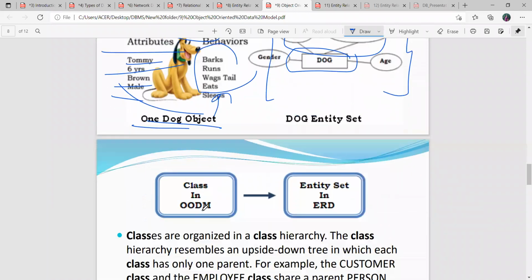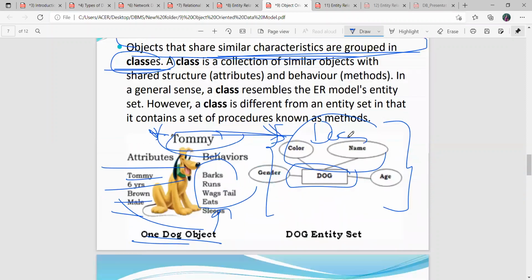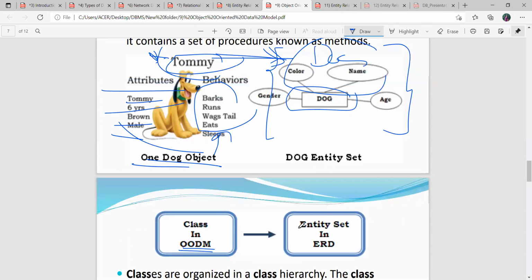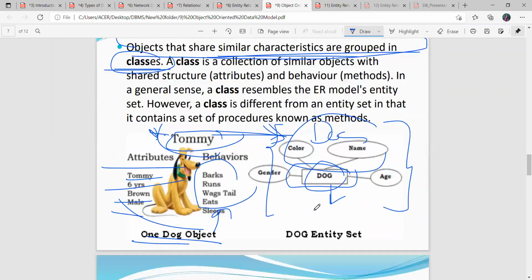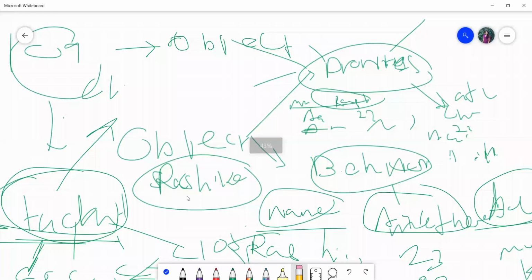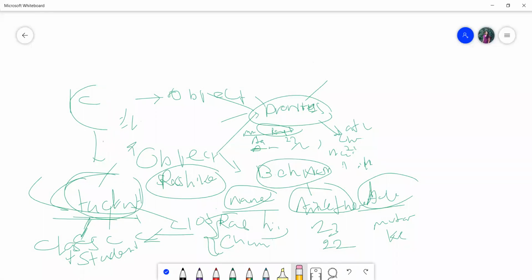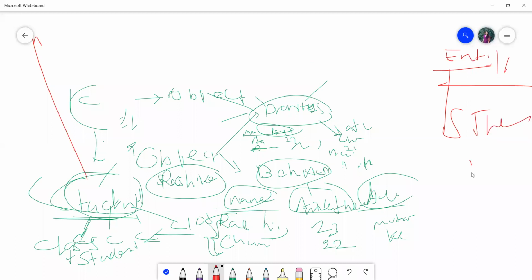So this is the class in object-oriented data modeling. That means these are the entities in an ER diagram. So in an ER diagram, we take this dog as the entity. Again, in the ER diagram, we took student as an entity, then lecturer as an entity. But when we consider object-oriented data modeling, we can take it as a